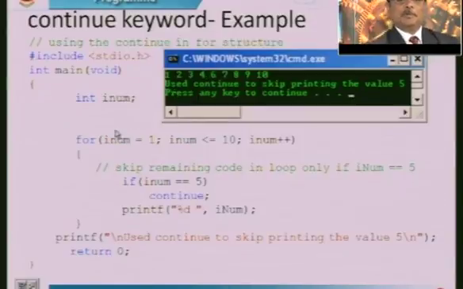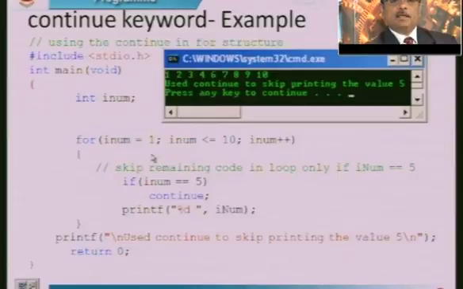Similar to our previous program, you observe for inum equal to 1, inum is a variable you initialized as an integer variable. If inum is less than or equal to 10, because you want to generate up to 10, you are putting a condition inum less than or equal to 10. After each number, you are incrementing inum plus plus. This condition is clear.